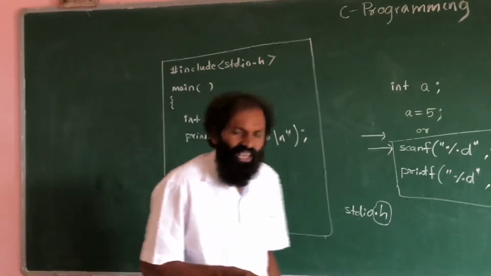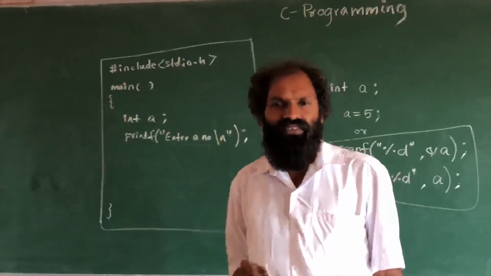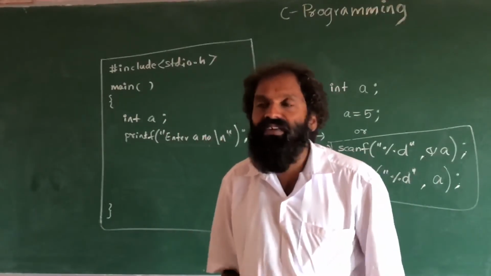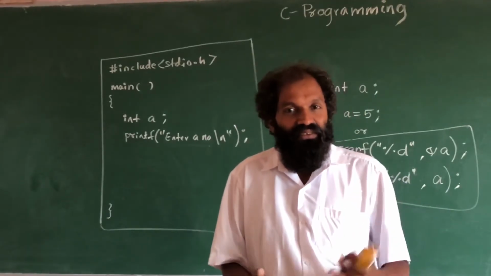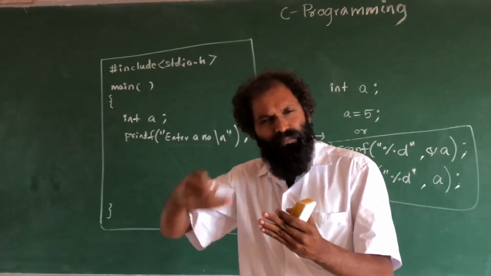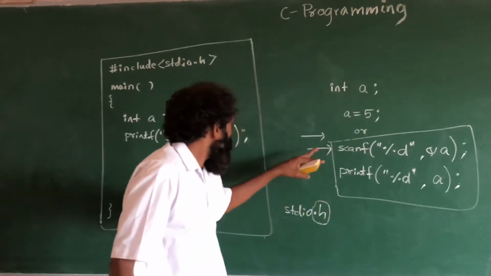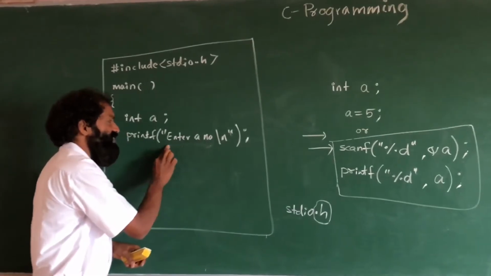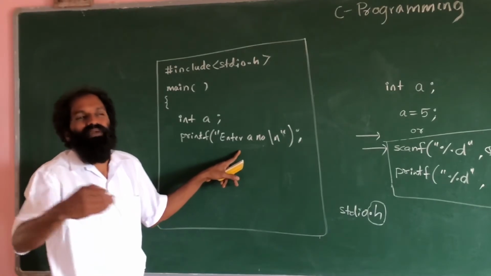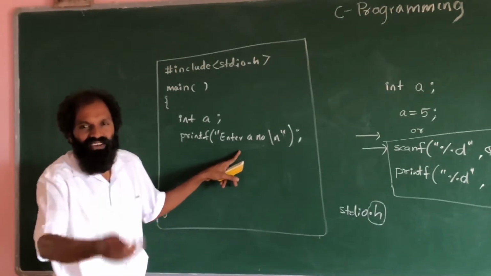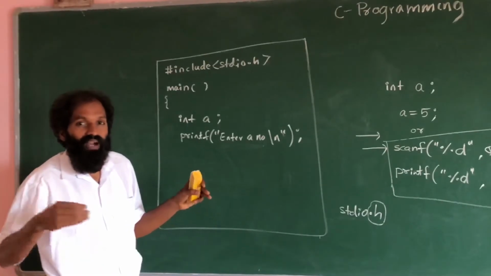It is like whenever you go to the ATM center and insert your card, you get a message, enter pin code. Then only you will come to know that we have to enter the pin code. Otherwise, you will see some Marathi movie. So, it will show step by step what to do. That is why this is a message. This message is not input or output. It is just a message. Enter PIN, or enter a 4-digit number, or enter your account number, something it shows. It is not included in the logical part of the program.